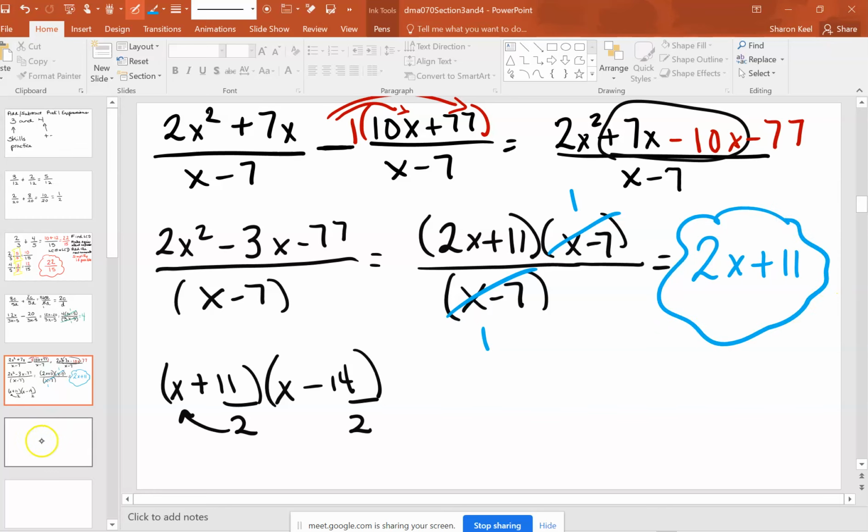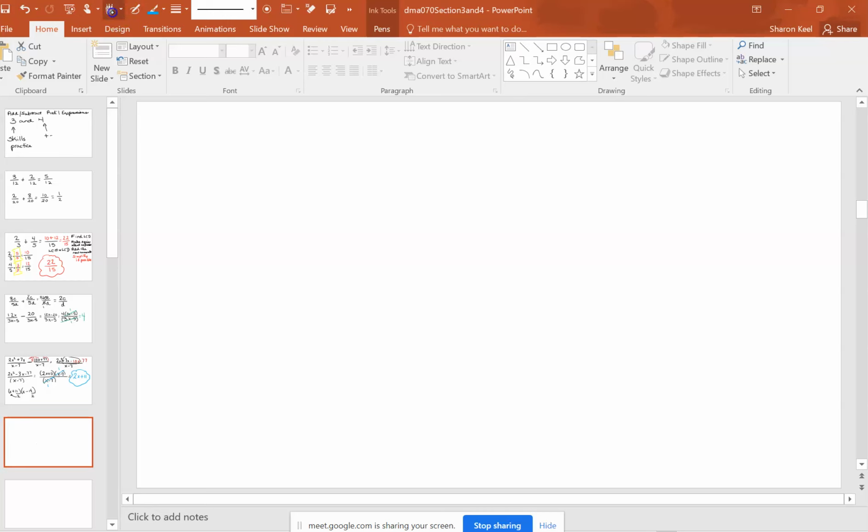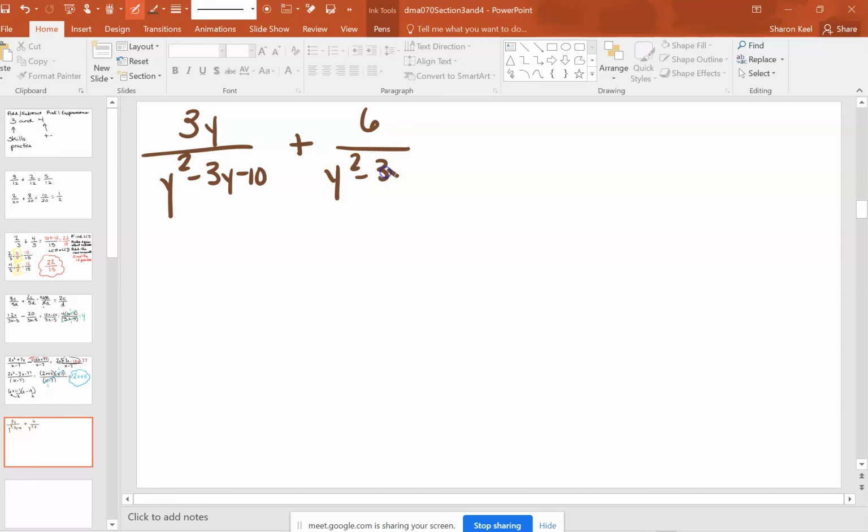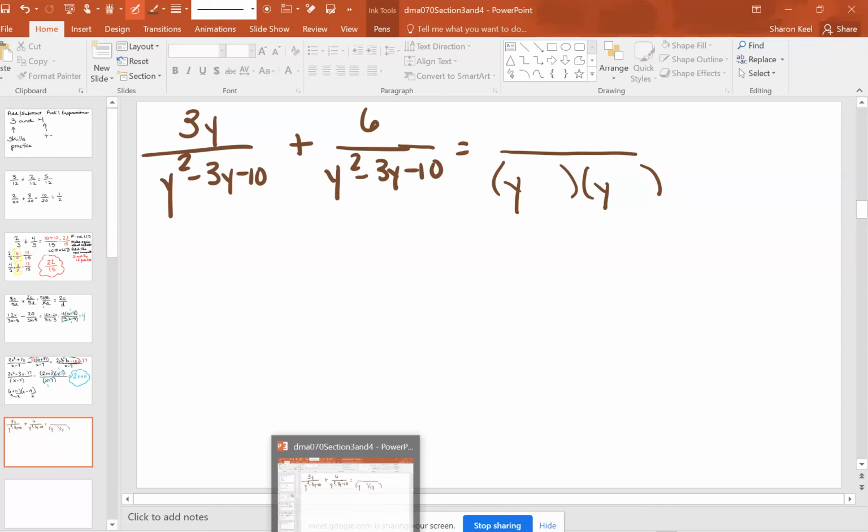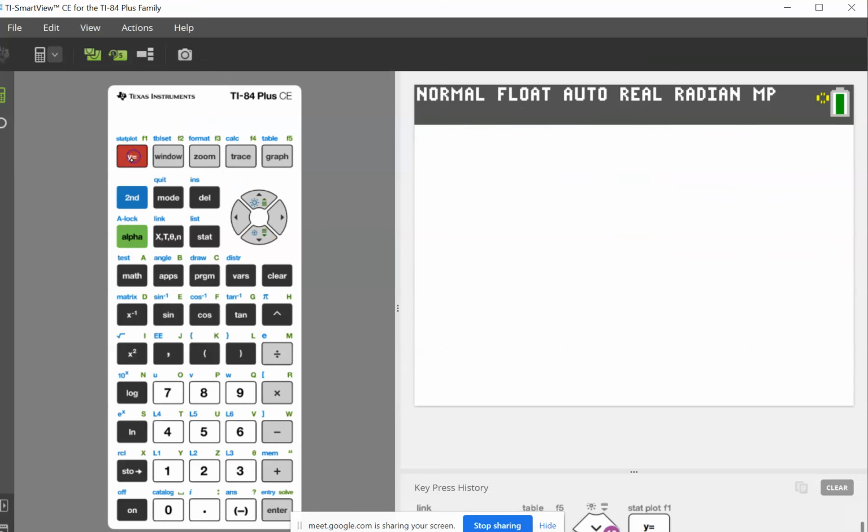Okay, and we're going to do one more before we move into our skill practice. So let's look at 3y over y squared minus 3y minus 10 plus 6 over y squared minus 3y minus 10. Now, both of these denominators are the same. However, as you notice, the denominators are not factored. So we have 1 times negative 10. We don't have to write what to divide by here, so let's go to y equals, and we're going to